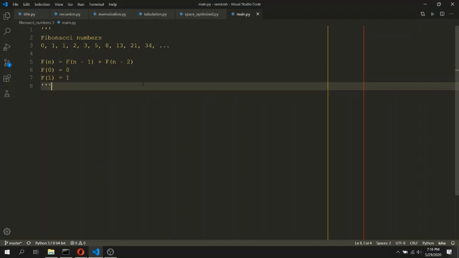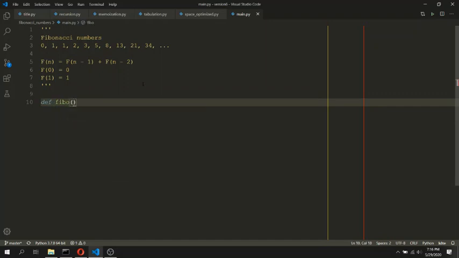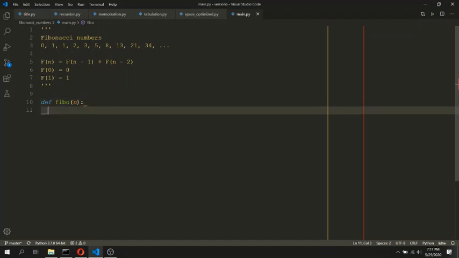So let's write a function Fibo that takes a parameter n. Here n is a positive integer including 0, that is, it is a non-negative integer. I'm assuming that the input given to this function will be valid so that we don't have to write any input validation code, and I don't want to complicate this video or this code. So by this assumption we can proceed.